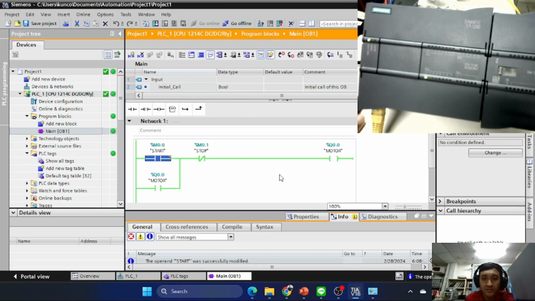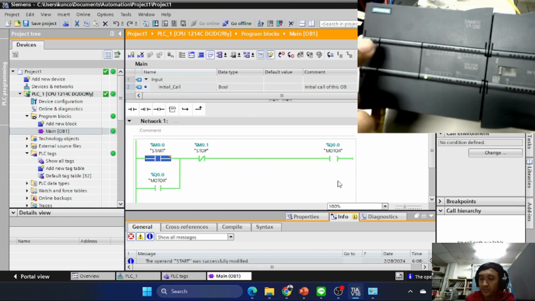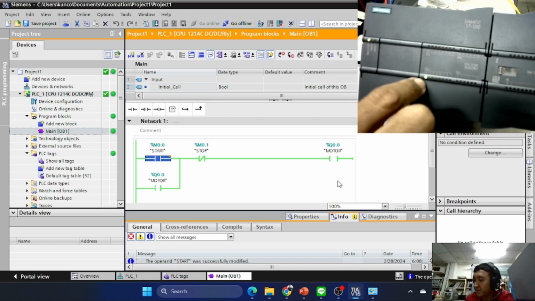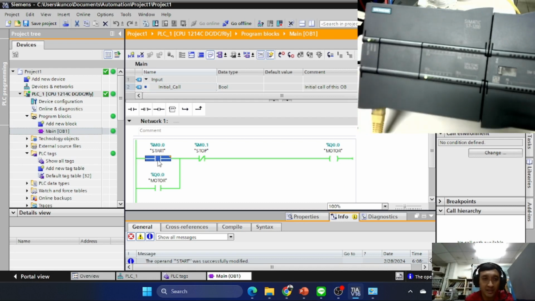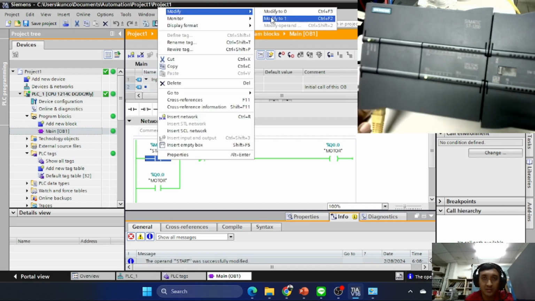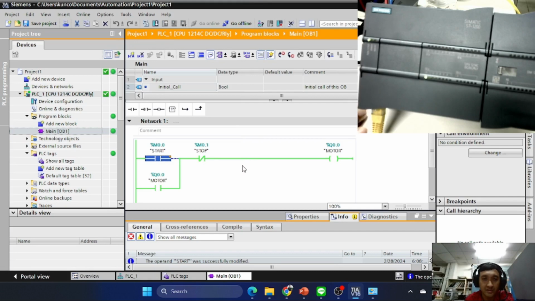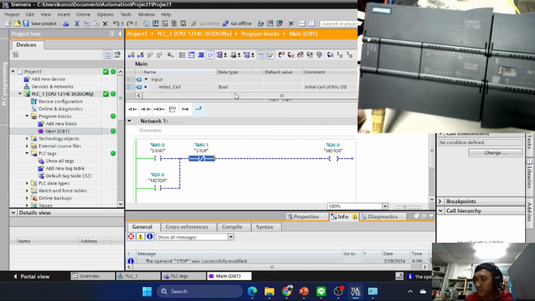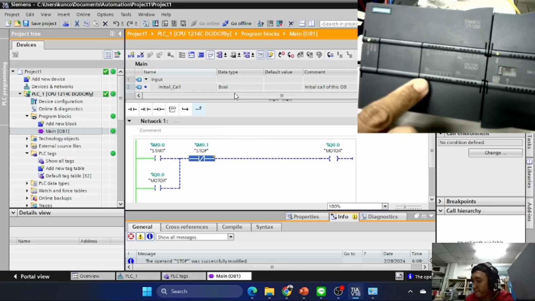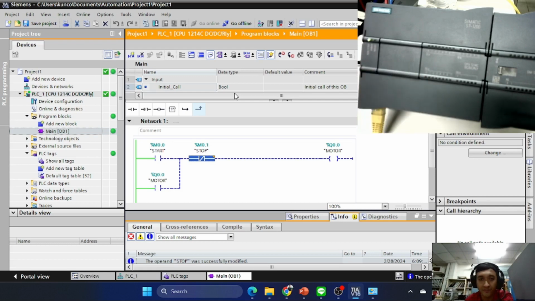Okay, you can see that the output Q0.0 is on now, and then I release the Start button and set Stop, and you can see that Q0.0 is off now.